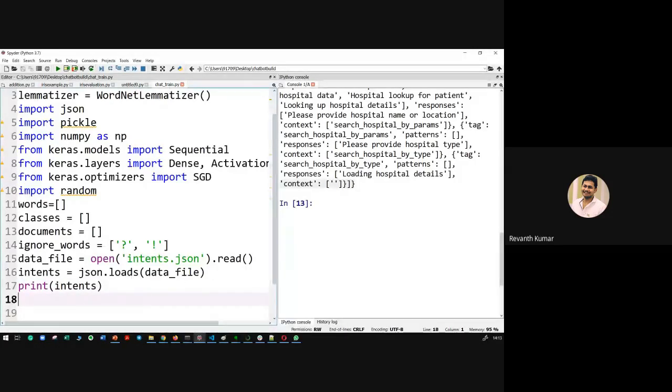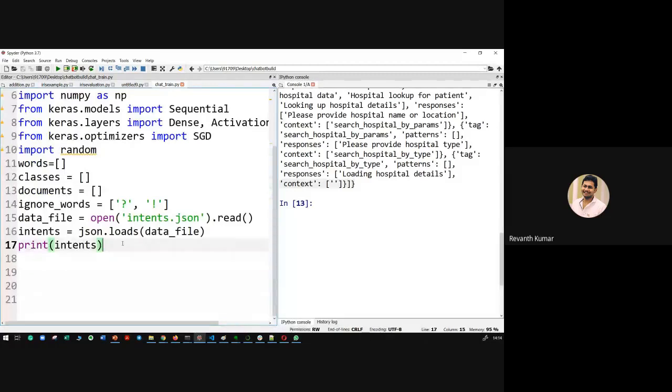So a JSON can be converted not into an array. The equivalent form of JSON in Python is a dictionary. So JSON conversion to a dictionary. Okay. To do that,